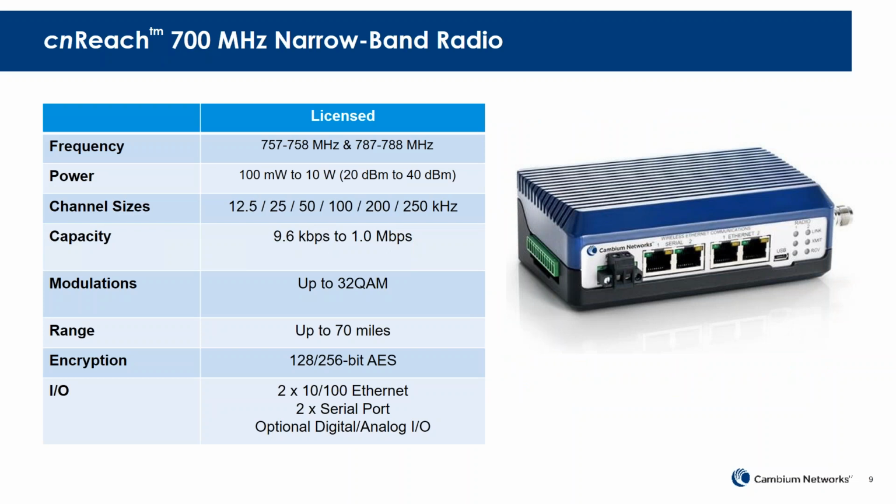We also offer the product in 700 megahertz. This is a licensed spectrum that's available in the U.S. It's a relatively small set of customers today that are using 700 megahertz, but we continue to see that the licenses be sold. We have a webinar on our site that goes through the process of 700 megahertz, and we have a couple of partners that are the current owners of 700 megahertz. So if you're interested in that, we can put you in contact with them. The companies are called Access Spectrum and Select Spectrum, and they can provide you more information on how to access